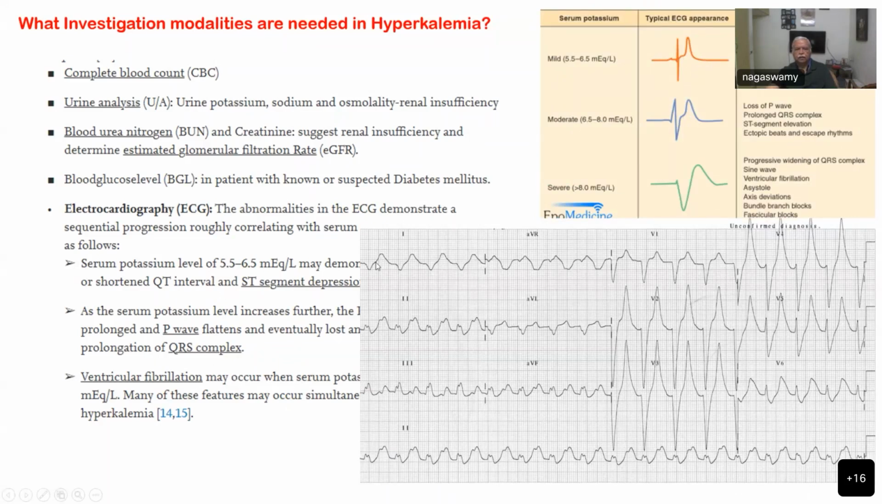So you can see all the QRS complex has become so wide. There is the bizarre QRS complex with the tall T waves. So this picture is repeatedly given in OSCE. So please remember this picture for identifying. This is a classical case of severe hyperkalemia. Okay, so